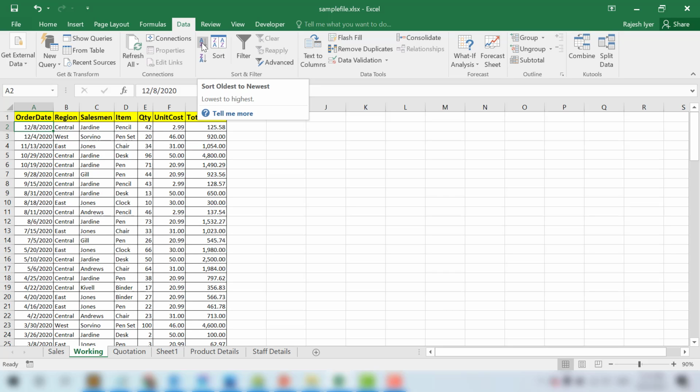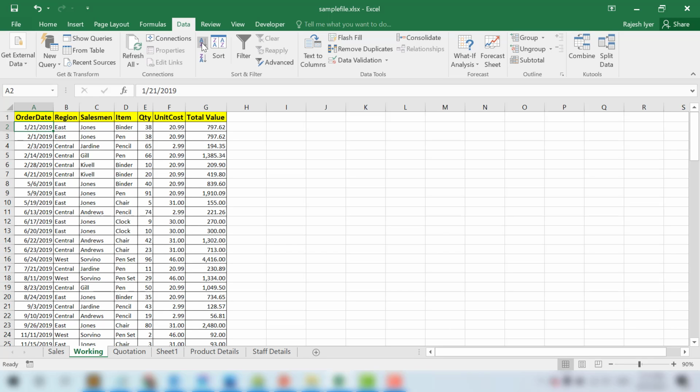Now I'll click here. You'll see for a fraction of a second the entire data gets selected. This happens only if it's in a properly formatted table, so then it will apply to the entire data range. It is very accurate in that case. So this is how the sort is usually applied. For that we go to Data and click on these options, ascending or descending.